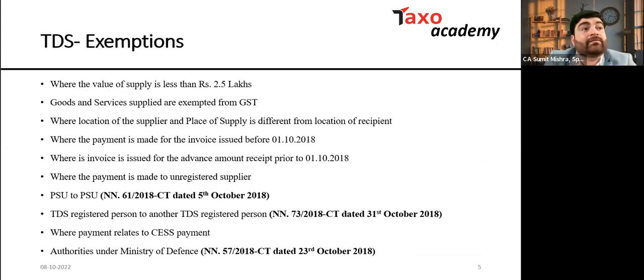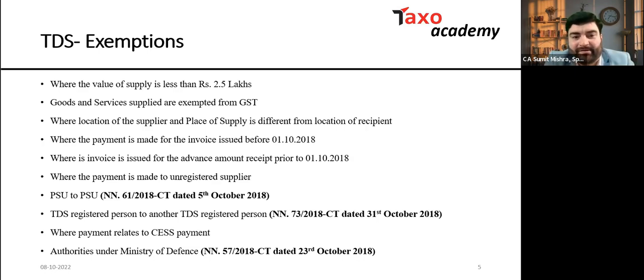Exemptions. For exemptions, like I already told you, there are certain transactions wherein there will be no implication of TDS. Like I rightly said, if the contract value is less than 2,50,000, no TDS. Goods and supplies exempted from GST, no TDS. Where the location of the supplier and place of supply is different from the location of the recipient. This is an important point, and I think it is important as well as a little bit confusing. There is a concept, a logic behind this particular entry, and I will discuss it in my next